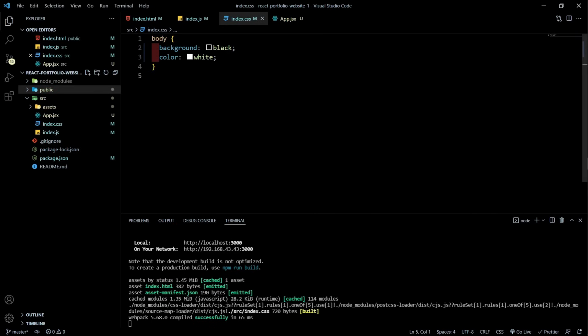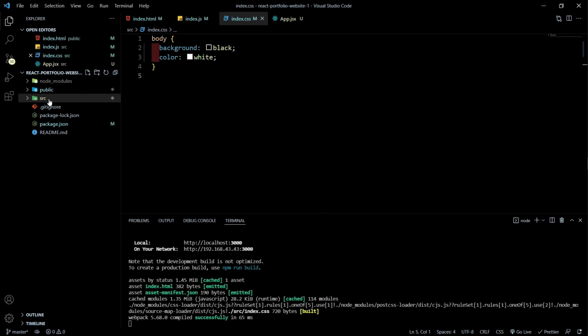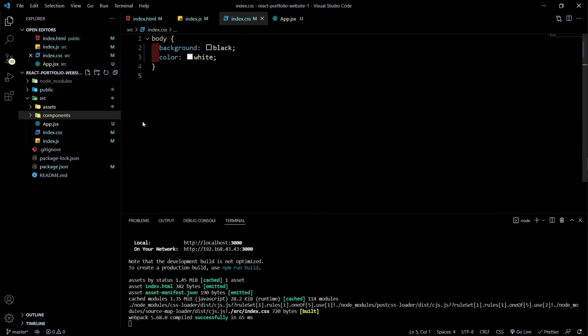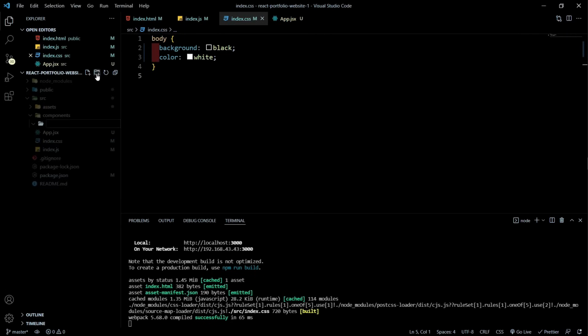Okay, so we are going to create a folder here in the source folder. We're going to call this components, and this is going to hold the different components that we have. Okay, so each component is also going to be a folder. So the first one, let me call this about. Okay, so we are going to have the about component, and inside the about component folder, we are going to have the JSX file,